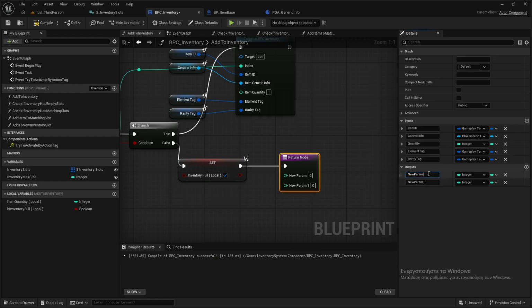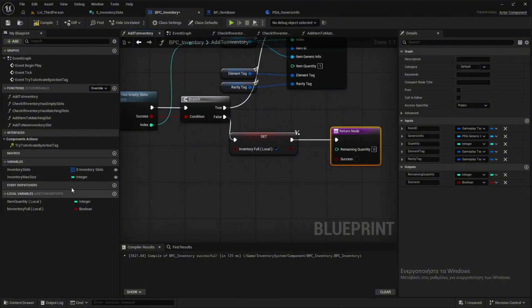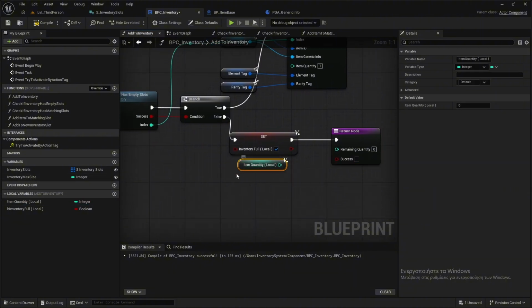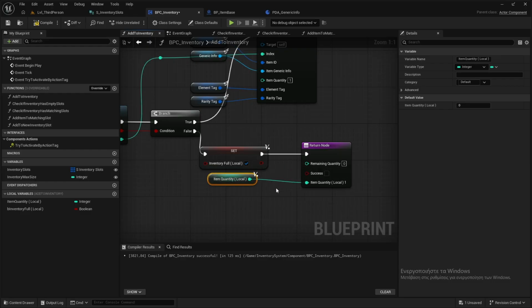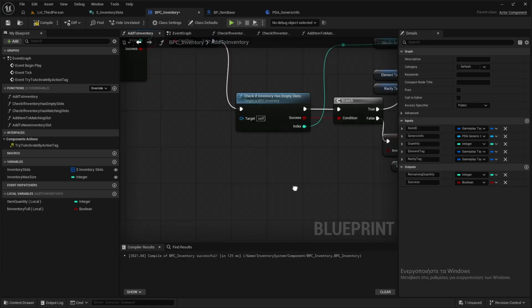The first one is the remaining quantity, and this will be an integer, and the second one will be success, and this will be a boolean and will be false. The remaining quantity, we can say item quantity local. Oops. Okay,